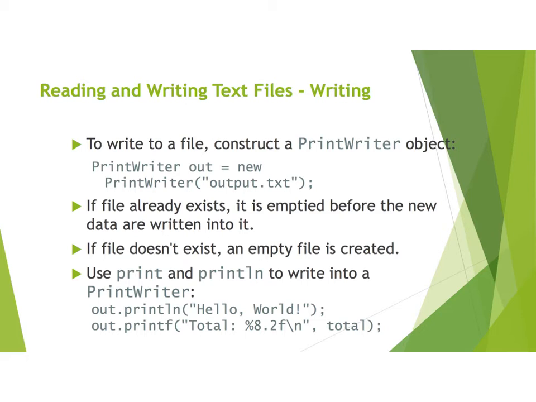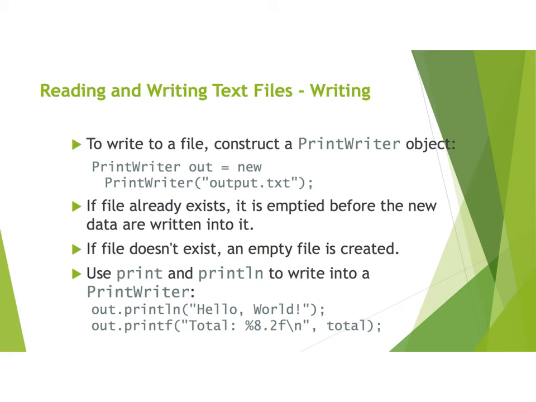First, we declare a variable with the name out. We type PrintWriter, and then we set it equal to new PrintWriter, in parentheses the name of the output file, in this case output.txt. So basically we are instantiating an object from the PrintWriter class with the constructor that can get only one input parameter. That parameter is the name of the file, in this case